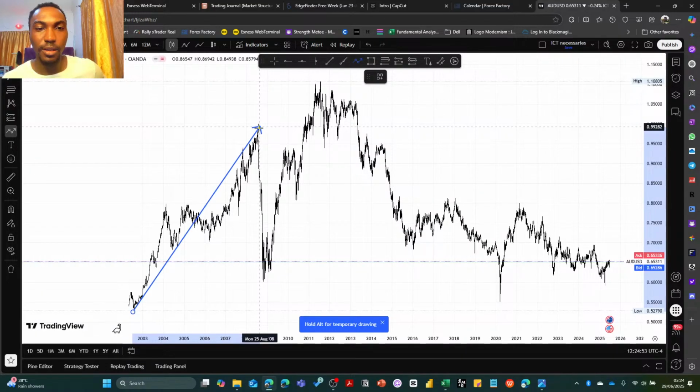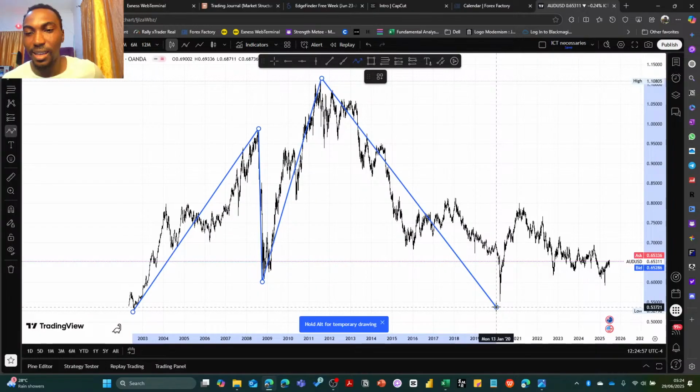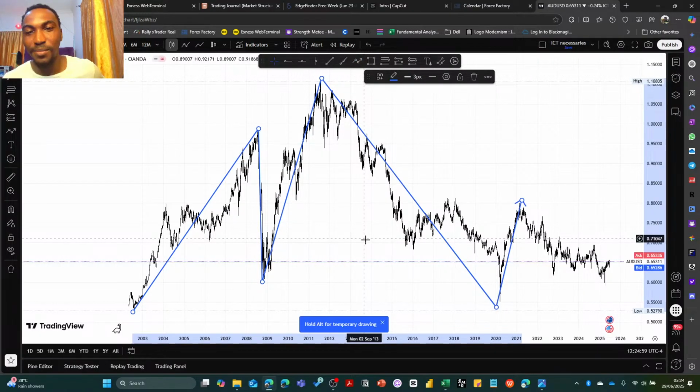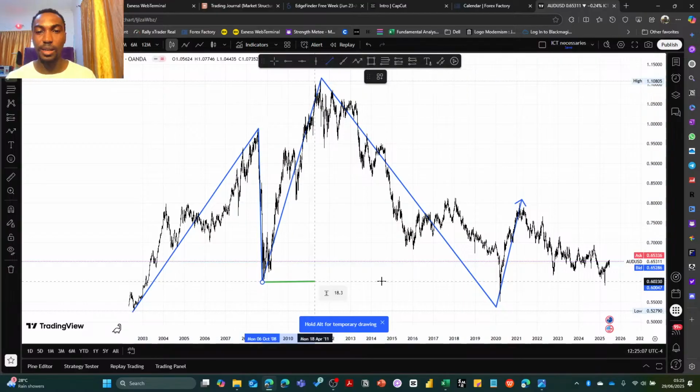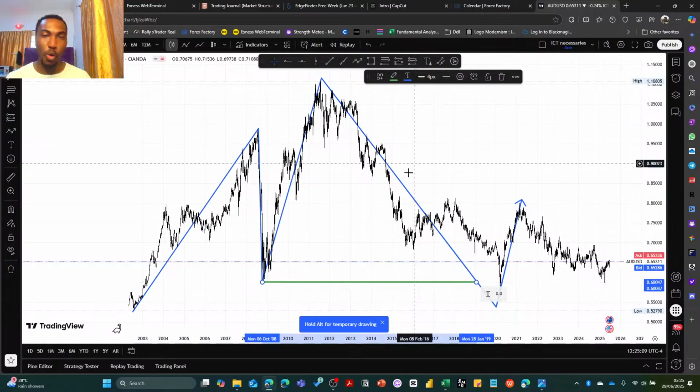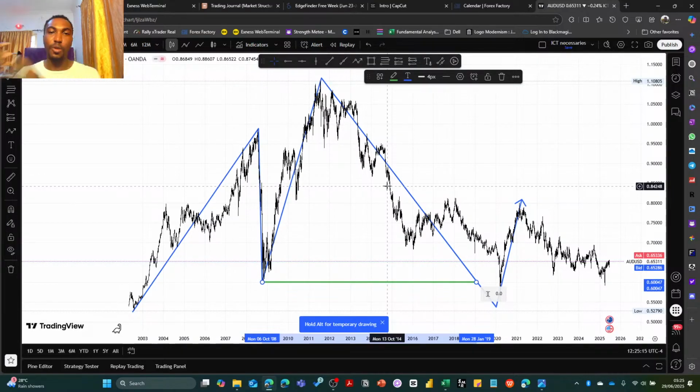First clear structure I see is this. Boom. The very, very obvious structure here is now bearish. Why? Because the last thing that was broken was a low. Take note, the last thing that was broken is what determines your strength